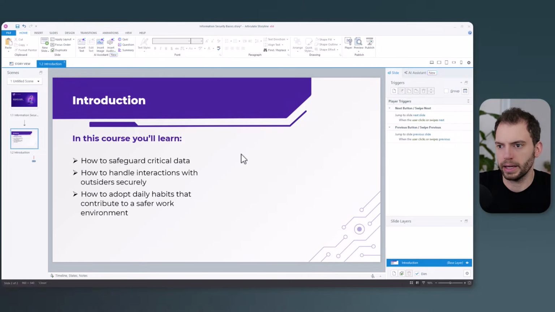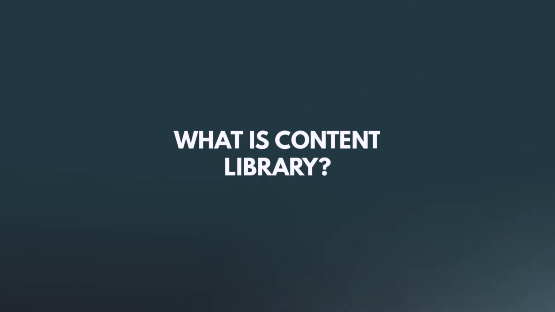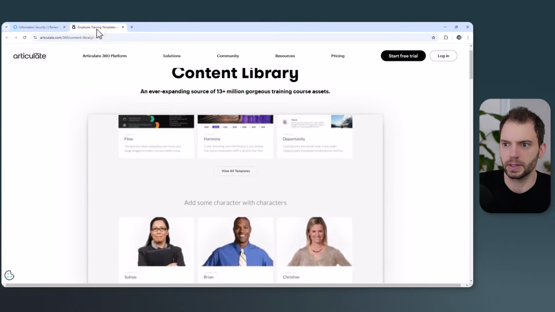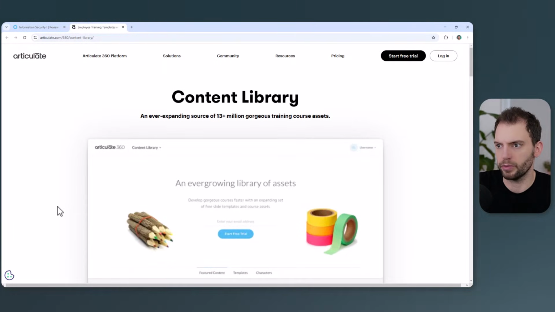And let's go ahead and add some pictures from the content library. Once again, we're clicking on Insert, and here we have the content library. What is content library? Let's switch to the website of Articulate to get an idea about this. Content library is basically a library of royalty-free course assets that you can use, and the main advantage is that